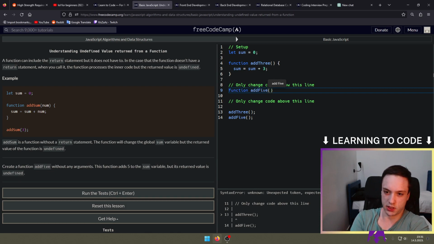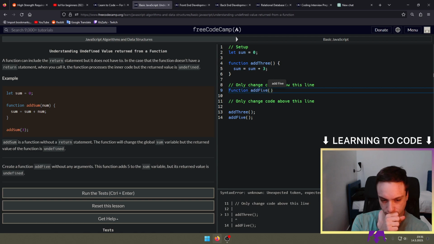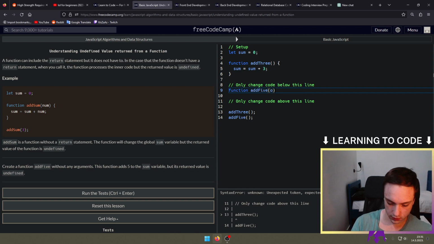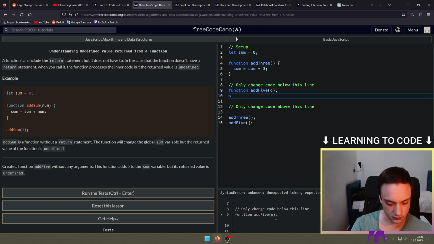Add 5 to sum. Okay. Oh, whatever, it doesn't matter. Sum equals sum plus